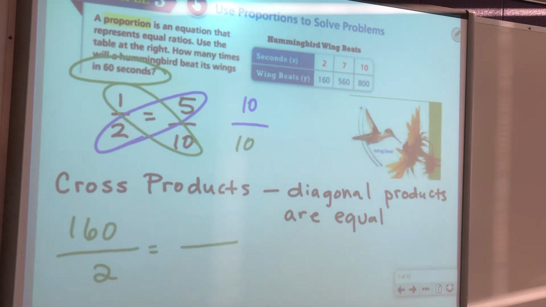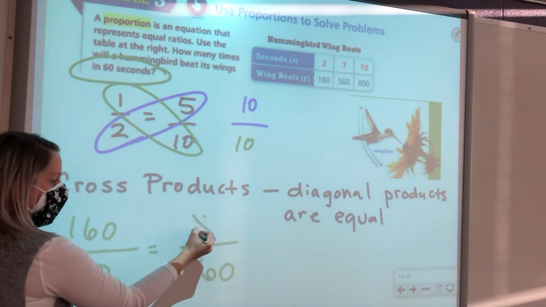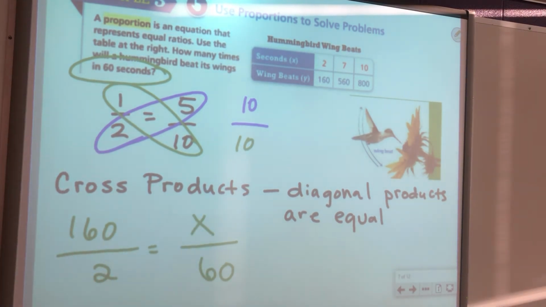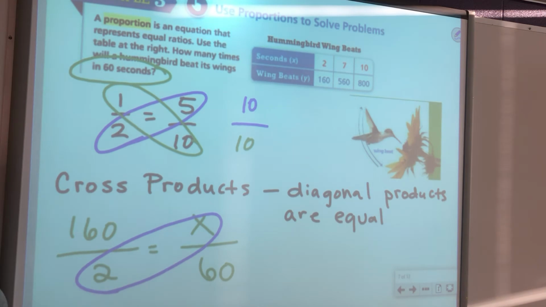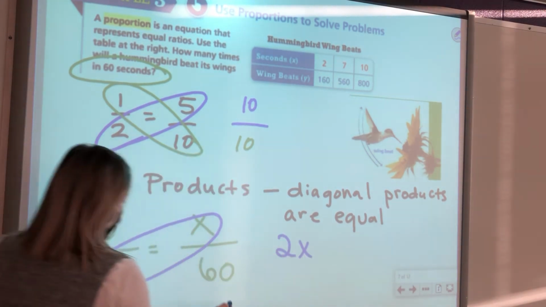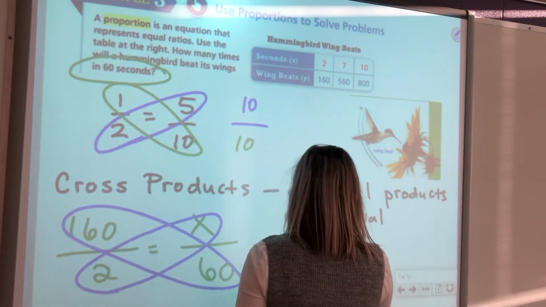If we don't know something, what do we put in the place of something that we don't know? A variable. So we want to know about 60 seconds. We don't know how many wing beats that would be, correct? If we do diagonal products, 2 times x is 2x, and 60 times 160 is